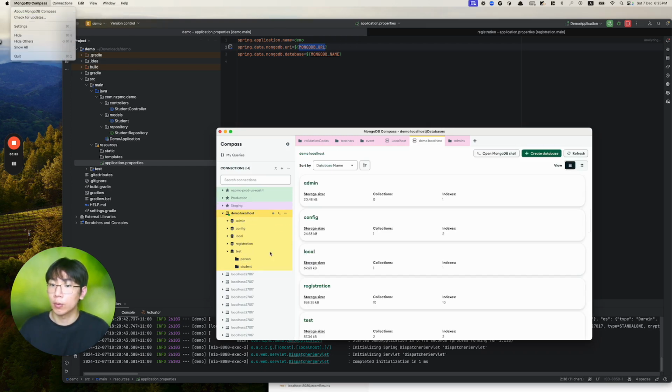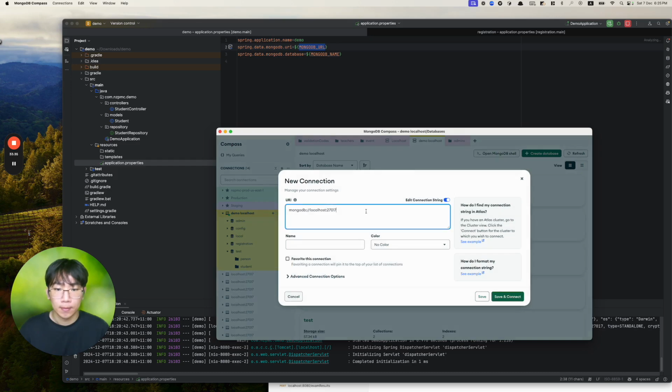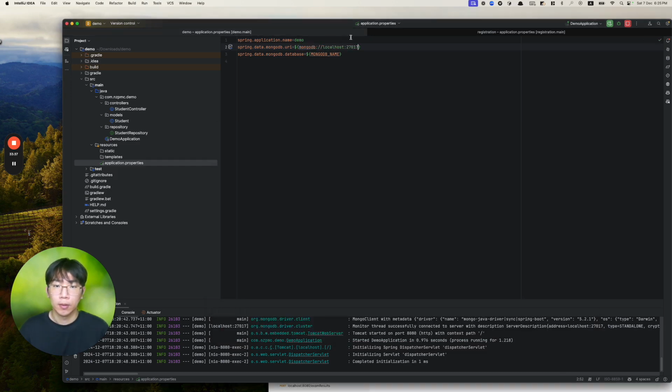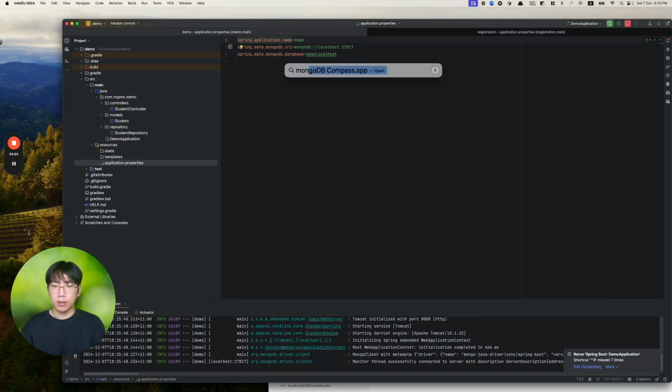So if I go to this one, basically by default you're using this localhost 27017. So if you follow the instruction to run a local DB, that's the port that you have the database running at. And let's call this demo localhost, just to be sure that this name gets reflected on the database. So if I do that, and then let's try to run it